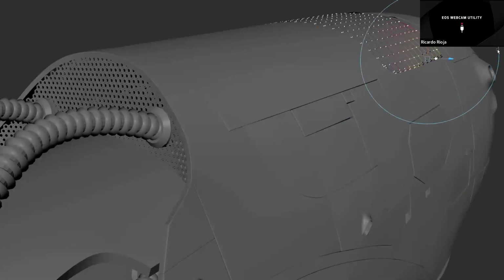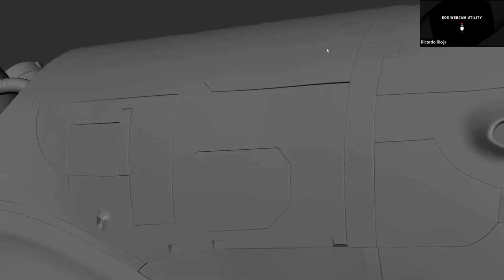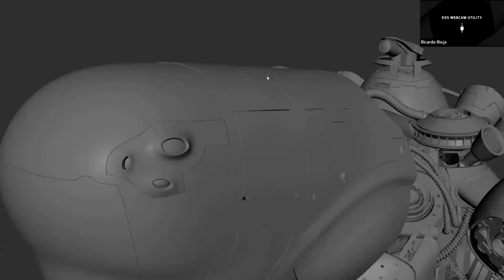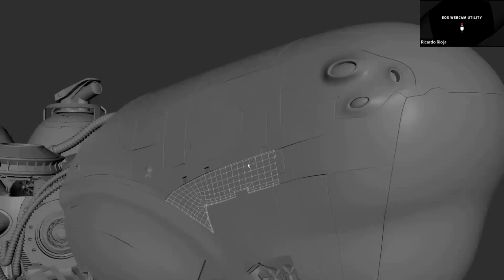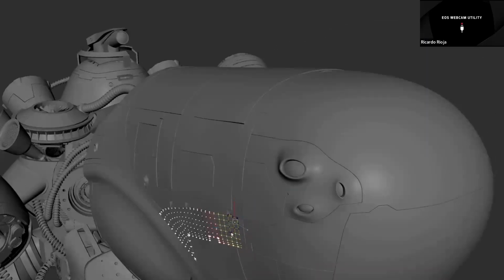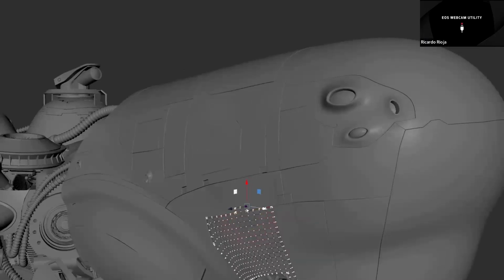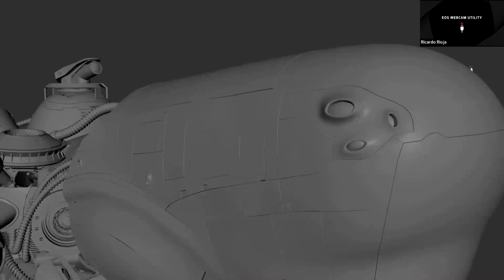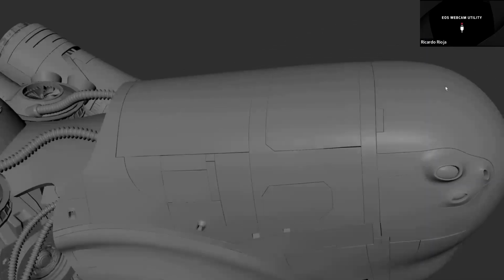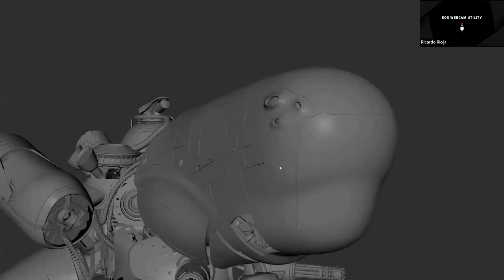So maybe the spaceship was flying and some asteroid came and made a dent in it. I think that having pretty clean surfaces is kind of boring, right? And adding these small details tells the story that your asset or your art has been through.